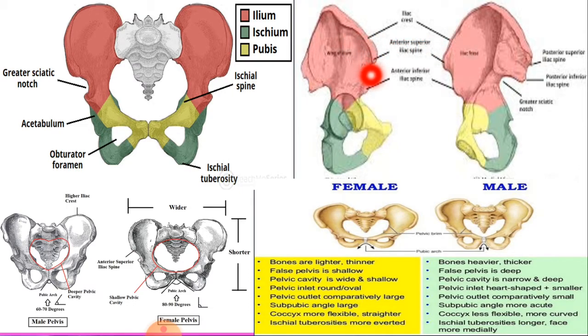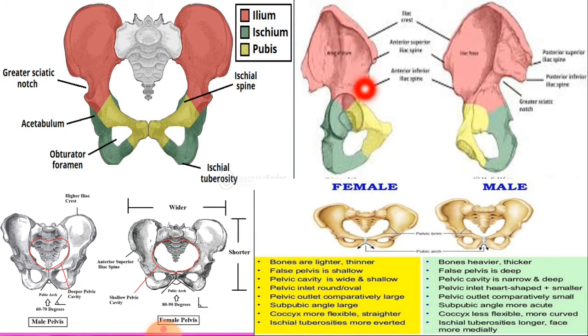and this anterior curve of the iliac crest is what we are calling the anterior superior iliac spine, and it is superior. The curved part that is inferior and anterior is called the anterior inferior iliac spine. So you can palpate this part in your pelvic area, which is the anterior superior iliac spine.